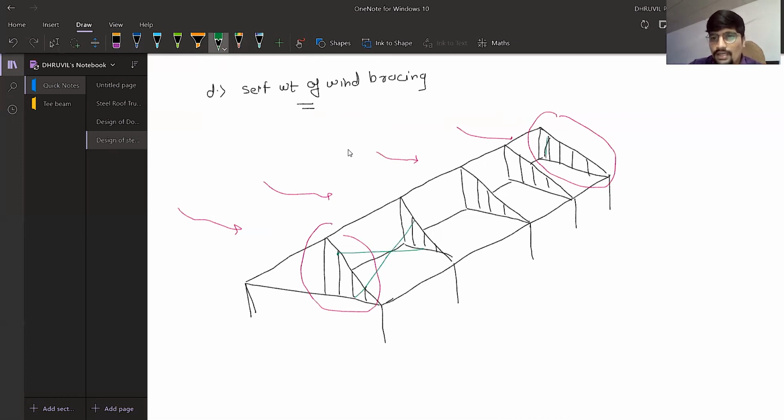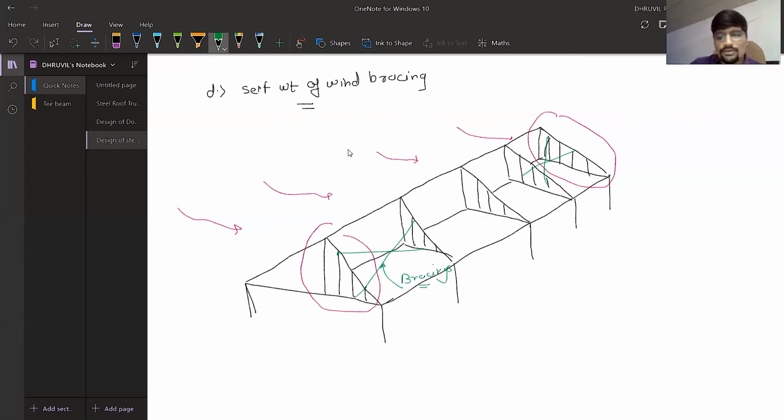Okay, for the starting and end portion, in some places they also provide bracings on the intermediate ones too. But at the starting or the end, the bracings are provided for extra support, so that they will be stable under the extra wind force also. That's why the extra supports are provided. This is known as bracings, or wind bracings, because they are used to resist the wind force at the starting and at the end.